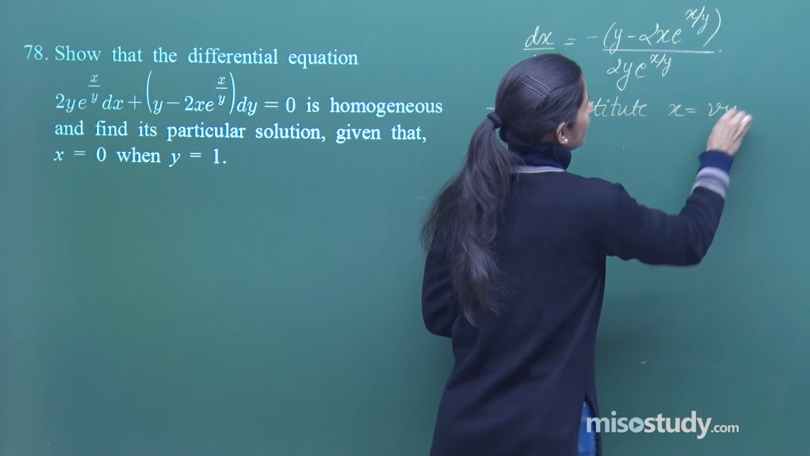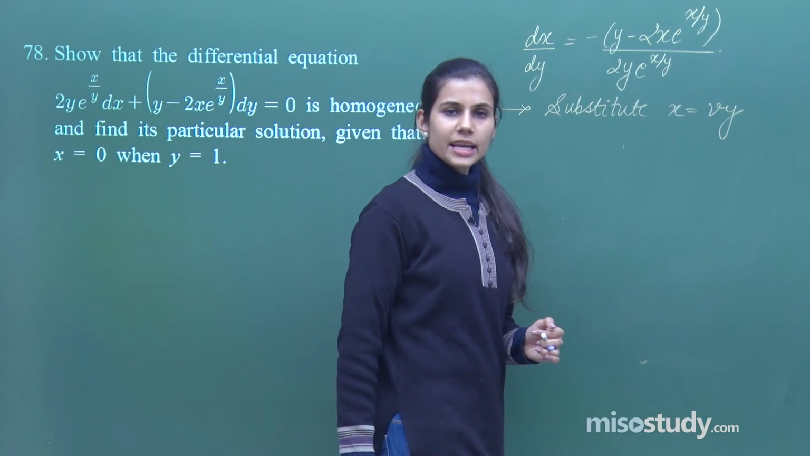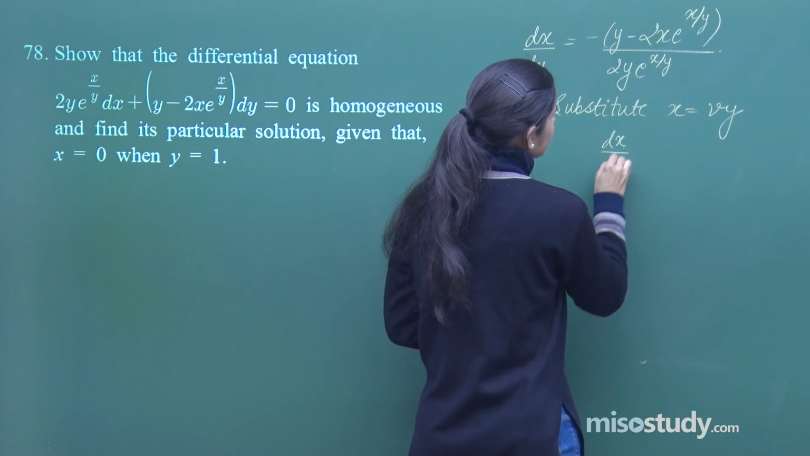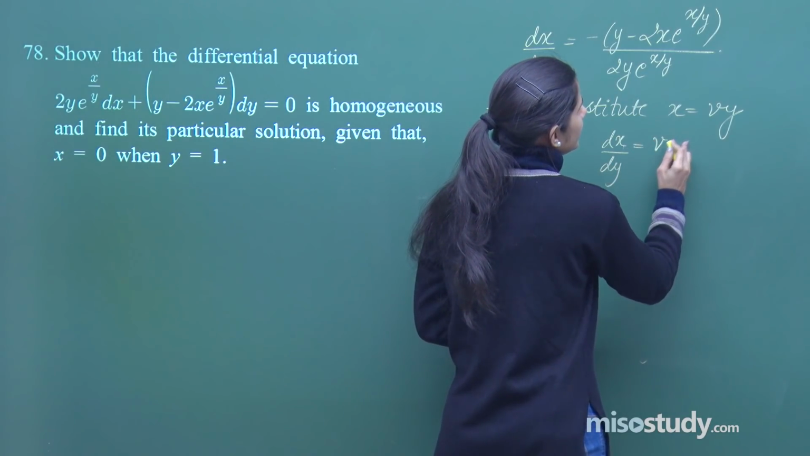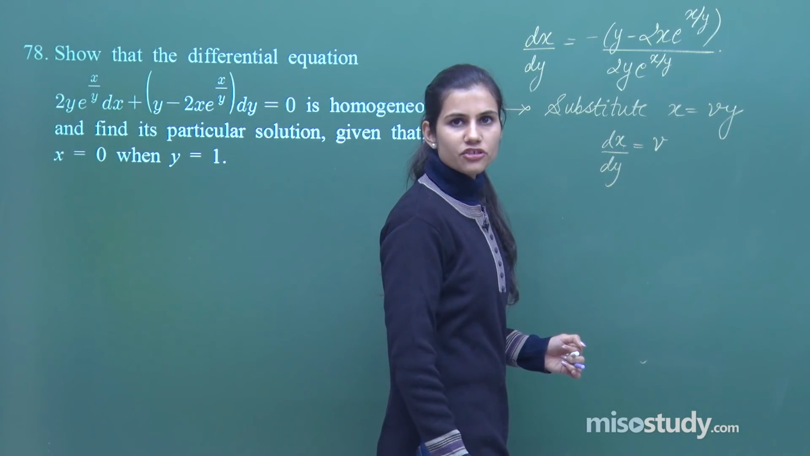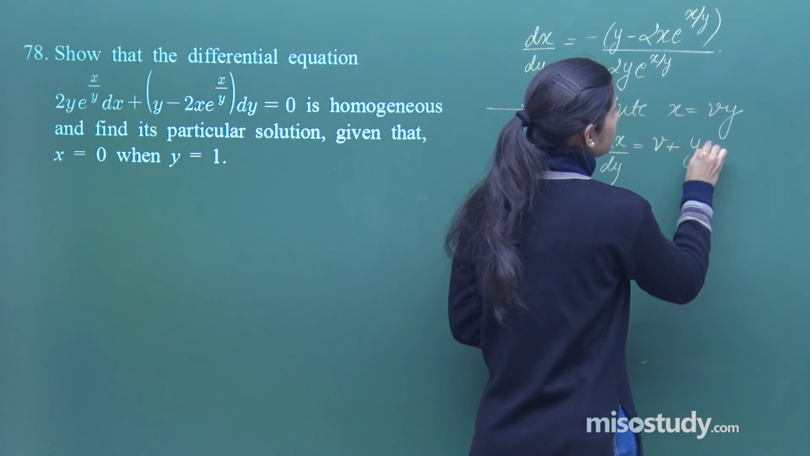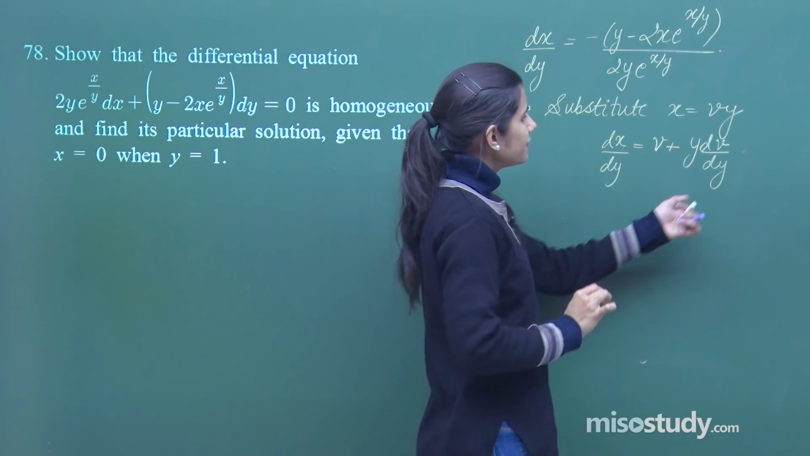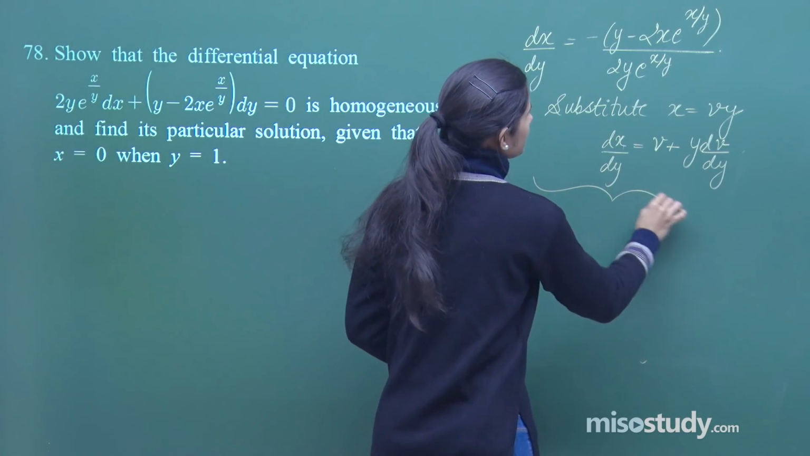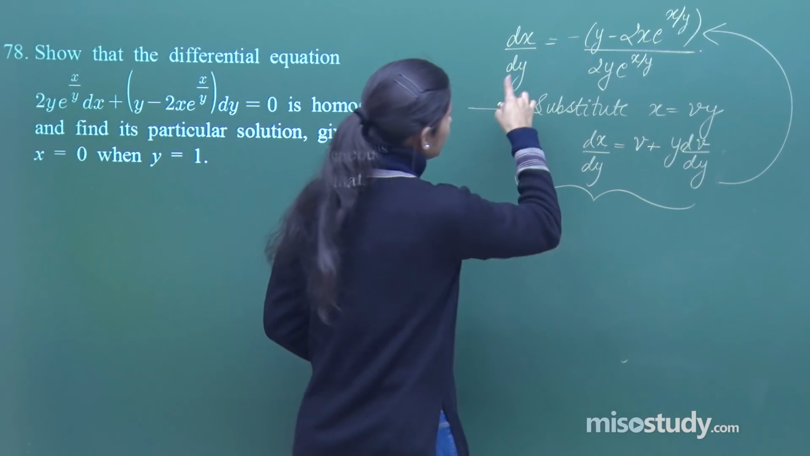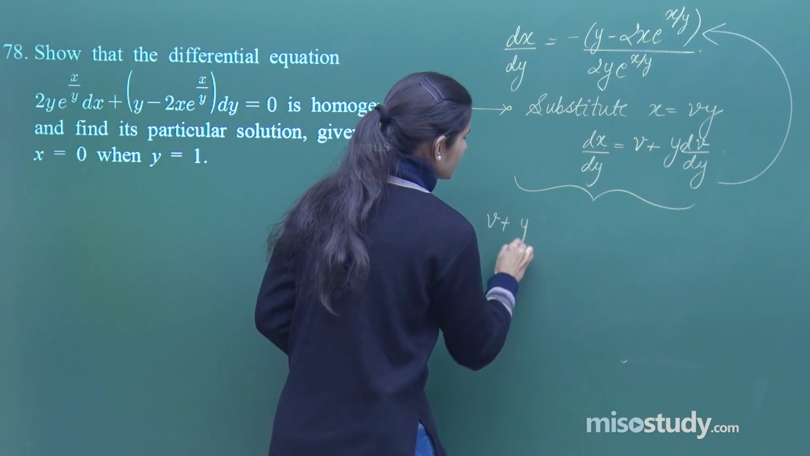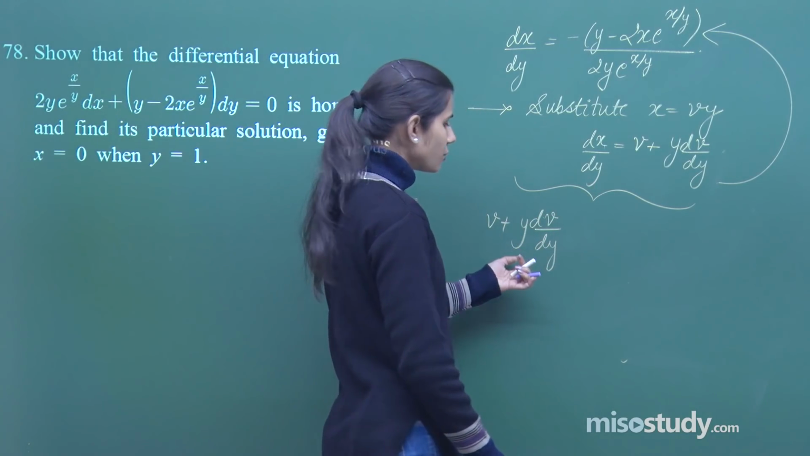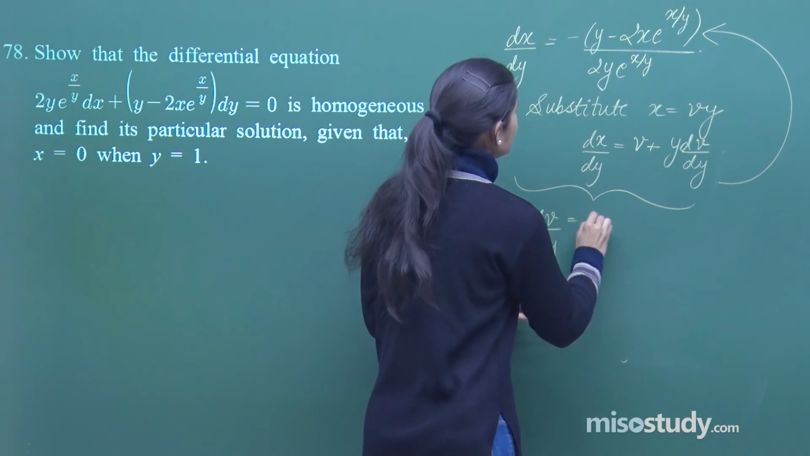x equals vy. That's the drill, that's the algorithm, and now you differentiate both sides with respect to y. So, you get dx by dy equals first function into d by dy of y, which is differentiation of the second function, which is 1, plus second function into differentiation of the first. So, you will be replacing dx by dy with this. So, both these substitutions you are going to use over here. So, dx by dy will be replaced by v plus y dv by dy, equal to minus,